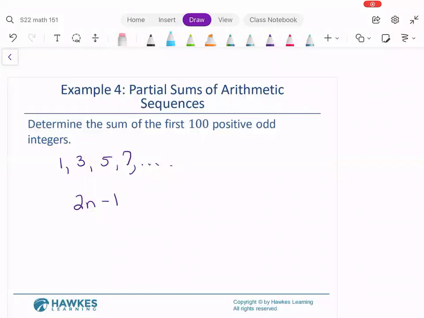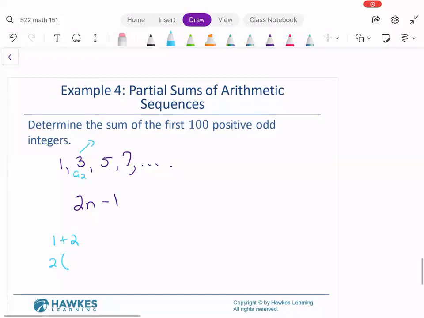And if you're not quite sure how we got that, consider the second term here. 3 is 1 plus 2, which is the same idea as 2 times, notice this would be a sub 2, so n is 2, minus 1. This is a sub 4, so to help you see this again, 2 times 4 is 8, minus 1 gives you the 7. Well, now that we have a1 is equal to 1, d is equal to 2, and we want the first 100 terms,